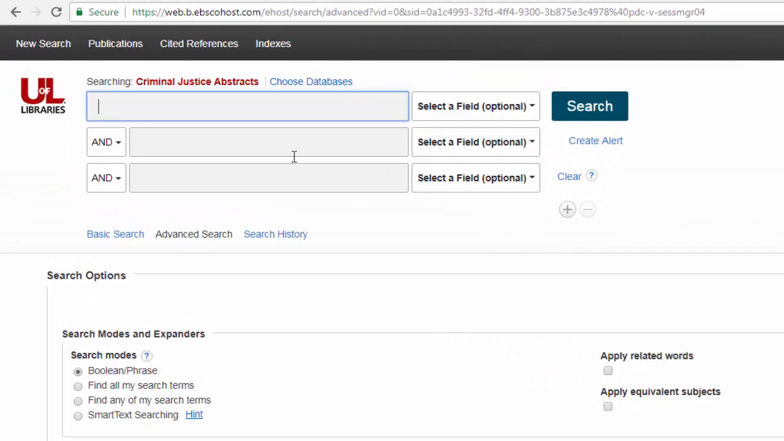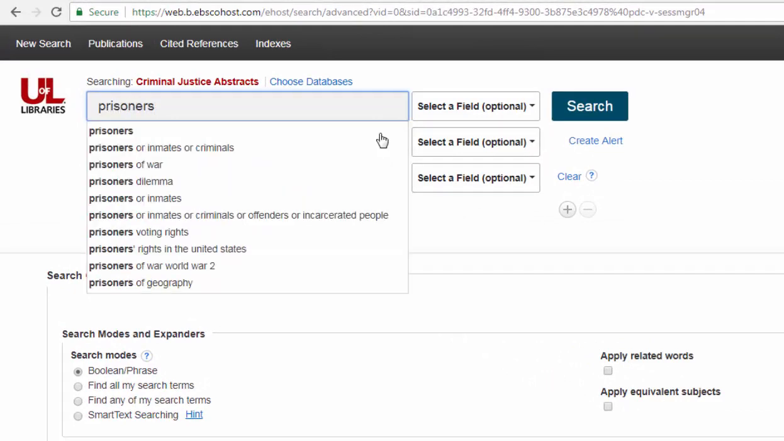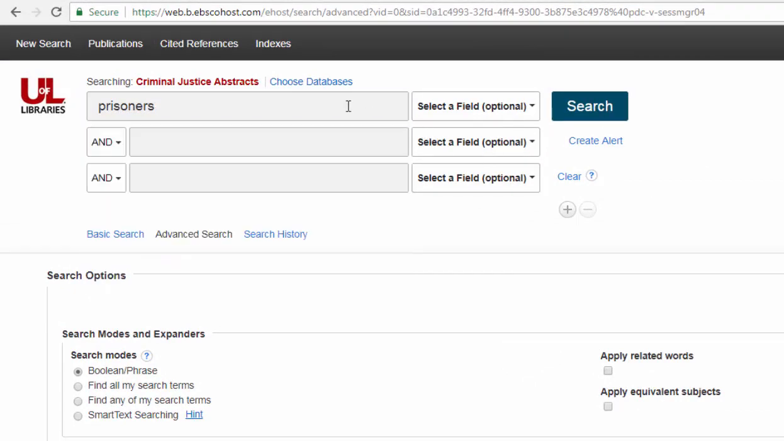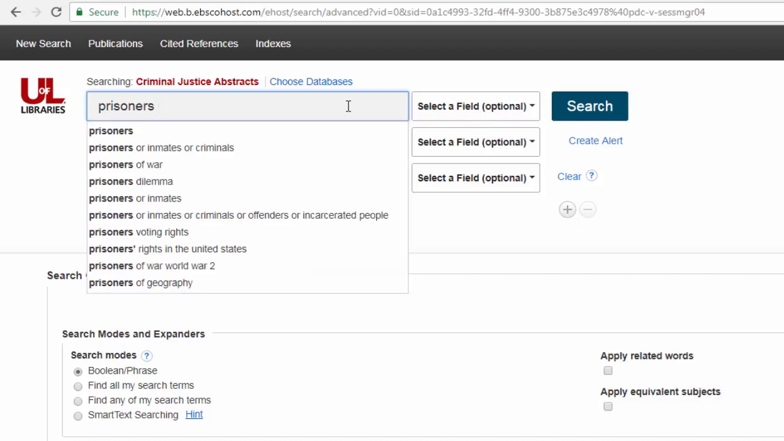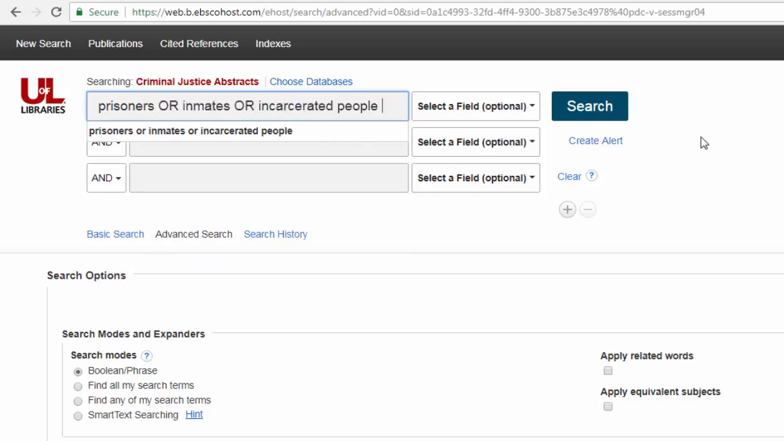I might start with prisoners, but to be sure I catch as many relevant results as possible, I'll include some synonyms. Many databases will even suggest appropriate synonyms. In this case, prisoners, or inmates, or incarcerated people seems to best capture what I'm looking for. Notice the terms are connected with the word or because I'm trying to find sources that mention any one of